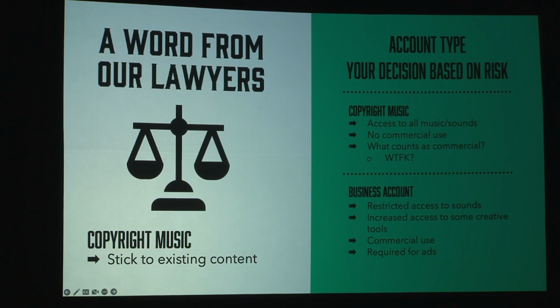What counts as commercial use? Who the hell knows is the answer to that, and you'll get a different answer from a different lawyer. We're artists, like a sculptor saying, this is my sculpture, this is my book. Are you overtly selling it? You haven't got a link there. It's a very gray area.